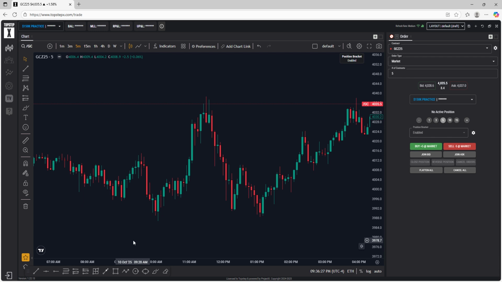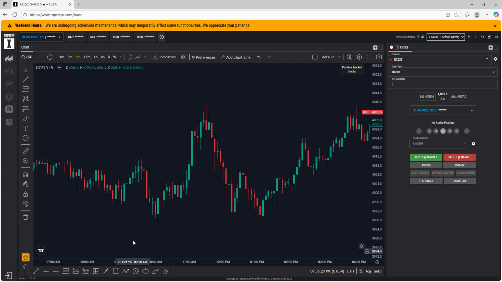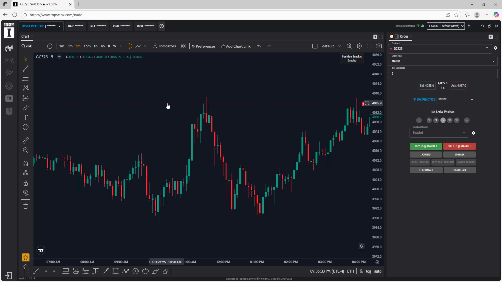So fair value gaps, right? These are gaps that the market likes to fill before moving the opposite way, right? Institutional candles are large candles that cause displacements or aggressive moves in the market, right? And then we have engulfing candles, that are two candlestick patterns that completely cover that previous